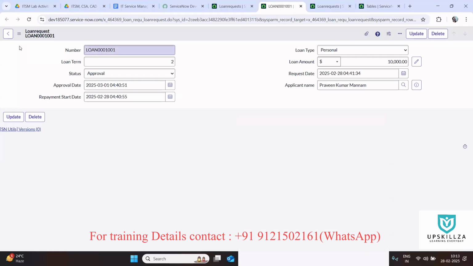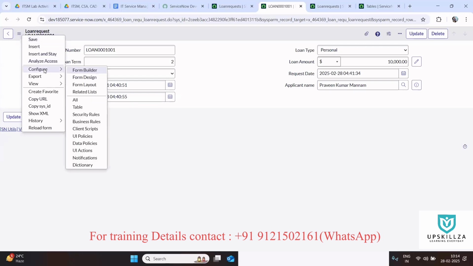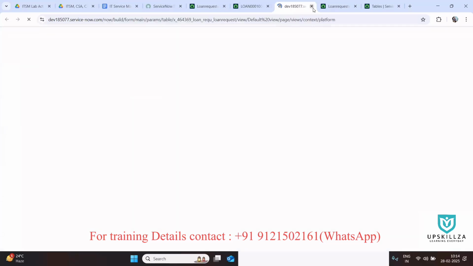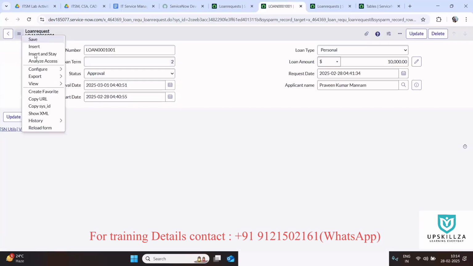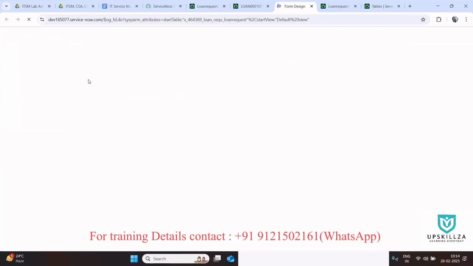So this is the form, right? Here you see additional actions, which we call three lines, but remember it as the additional actions. Once you click on this, you will get these options: save, insert, configure. What you need to do is just click on configure. Here we have form design, form layout. Basically, this helps us restructure the form how we need. For example, if I click on form design,